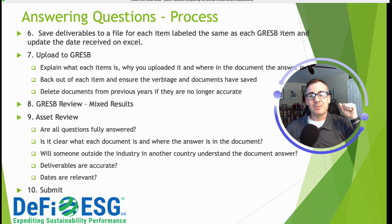People have just not submitted assessments. They thought they did. They just never hit the submit button. So make sure it's submitted. Once that screen comes across that it has been submitted, print that bad boy out. Get documentation that you submitted it, because I haven't had this problem with GRESB, but with Ecovias, every GM and Ford contractor and